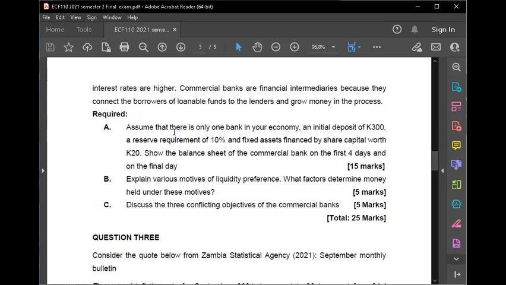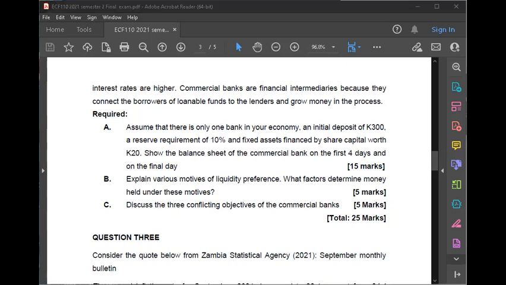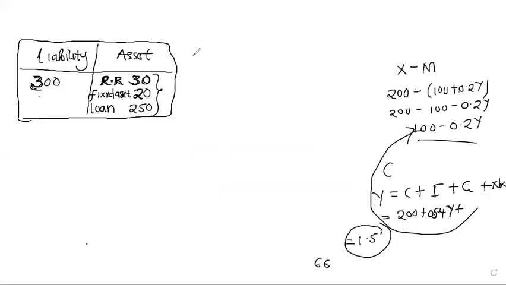So there are mainly two factors, okay? The first one is the transactive motive, right? So under the transactive motive, why would somebody choose to hold money? You could say it's for their day-to-day needs, but what will determine the amount of money that they're going to hold is the amount of income that they have. So it's their level of income. If I have a lot of income, I'll hold a lot of money for transactive purposes, right? So the first one is income, which is a determinant. So the higher the income, the more money a person will hold, right? Remember the consumption function. We have income. When there's high income, consumption rises, right? So income will determine it.